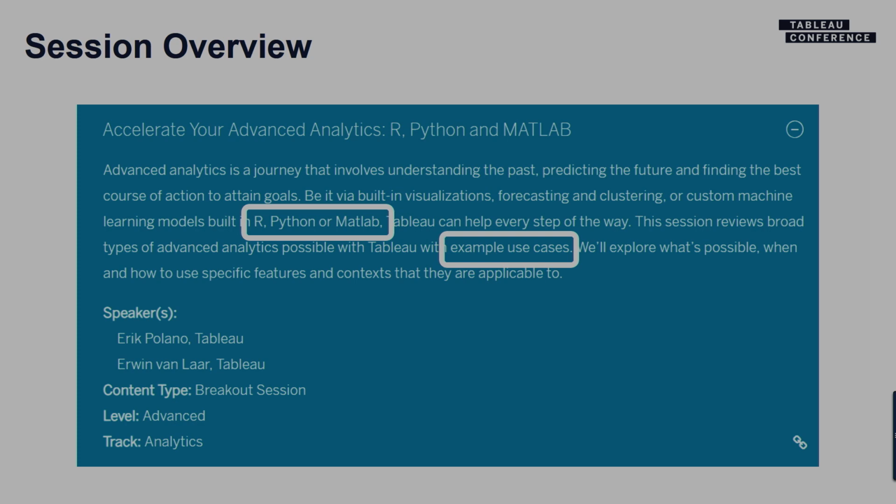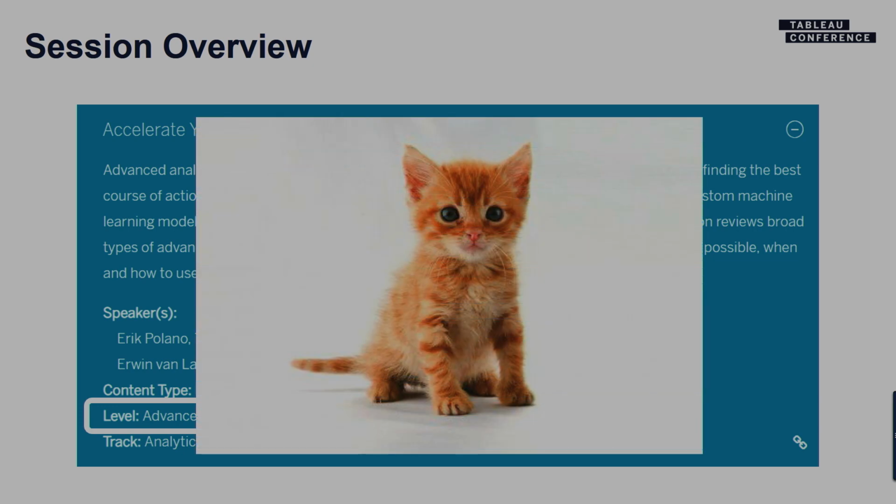Now, today's session has been listed as an advanced level, but it is actually the only advanced level session in this year's data science subtrack, meaning that today we will show you a little bit about all the opportunity that you can have. We'll also give you some pointers towards some deep dives that you might be interested in regarding whether you like R or Python or you want to get your hands dirty during some hands-on sessions. Today's session is really for those people that might be that little kitty cat coming into the world, bright-eyed and really want to see what's possible. There will be that mama cat guiding you along.